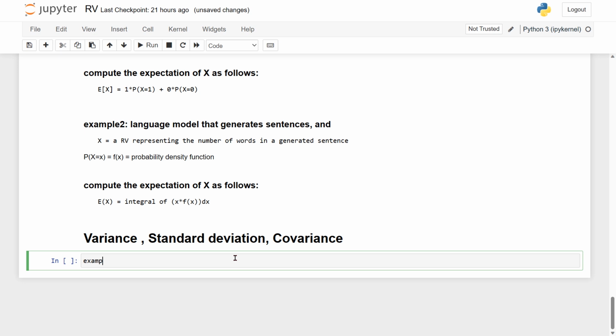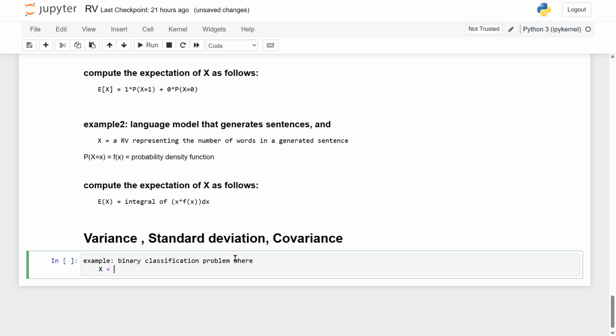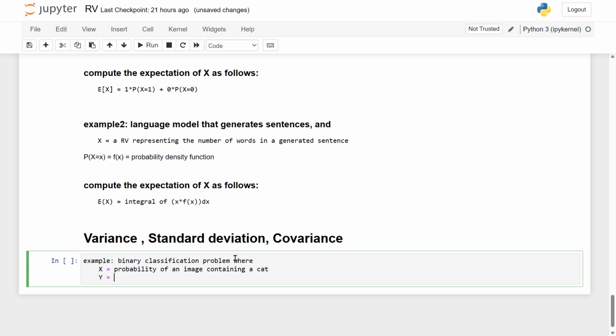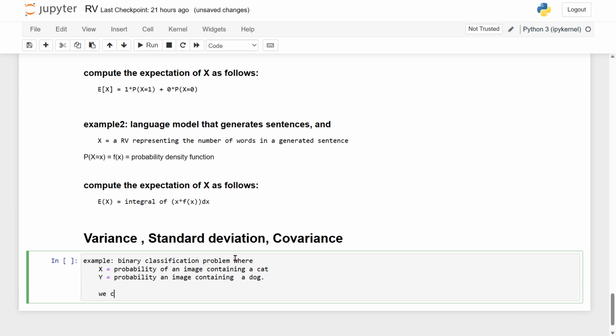So example, suppose we have again a binary classification problem where x is a random variable representing the probability of an image containing a cat and y is a random variable representing the probability of an image containing a dog. So from this we can compute